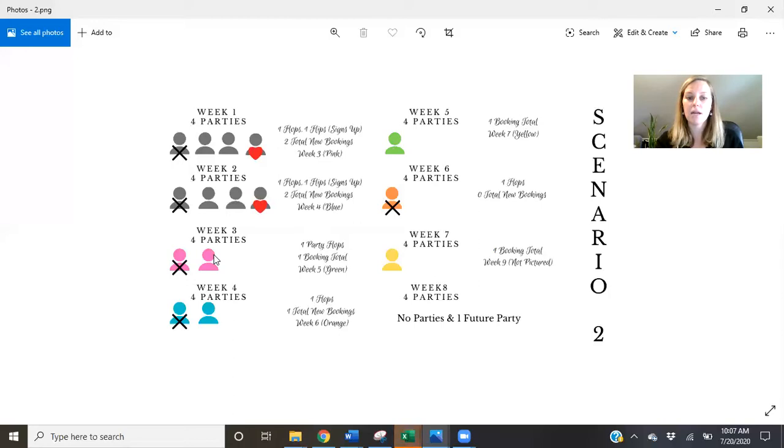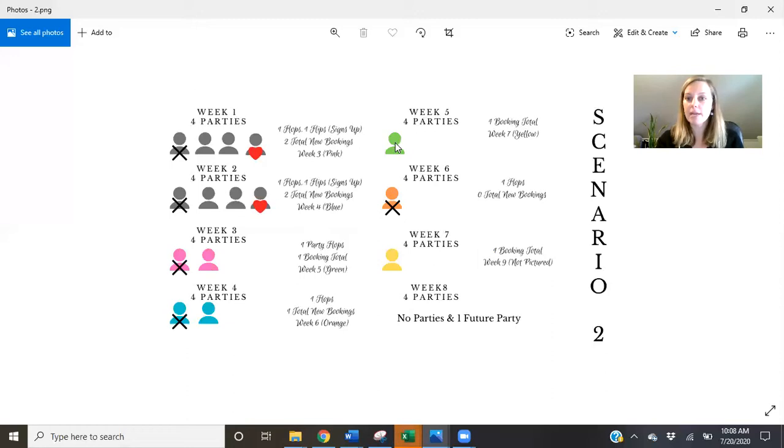And then this next week comes. Let's say one flops or goes, one just doesn't do well. The host, no matter what, will not follow host coaching and things, and you get one total new booking, and that's week 6 in orange here. Okay, we keep going. Now we're down to 1 party a week. We're like, well, shoot, I started out with 4 a week. I went down to 2, and now I'm only down to 1.